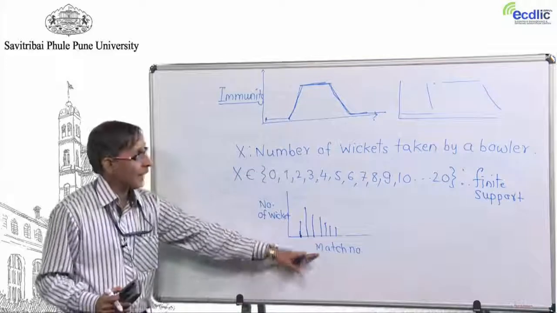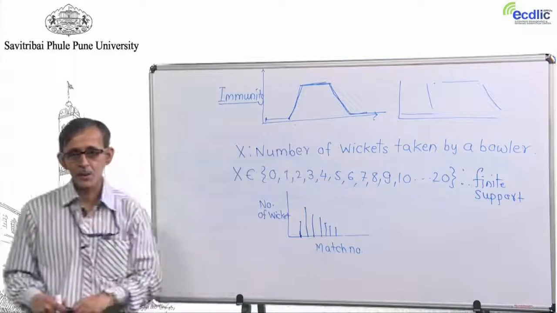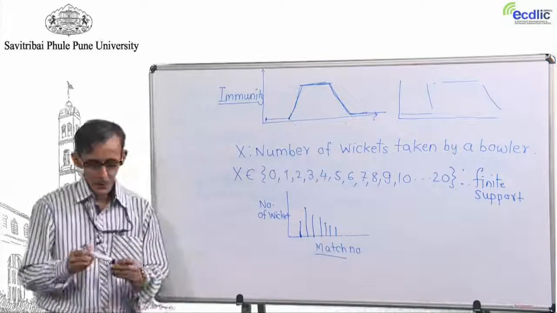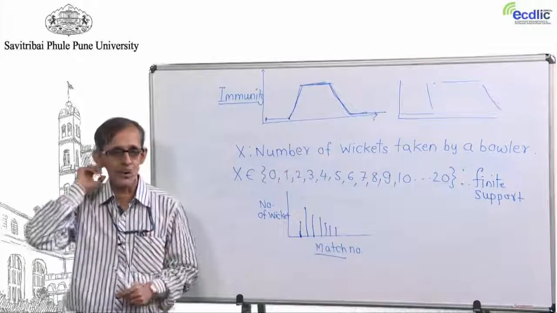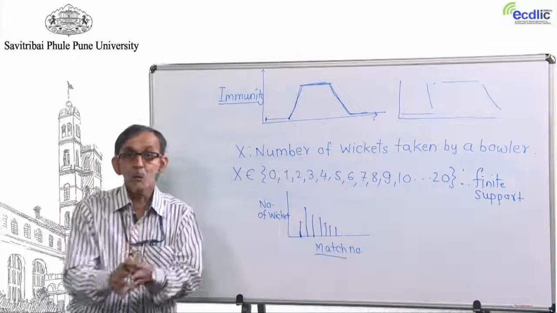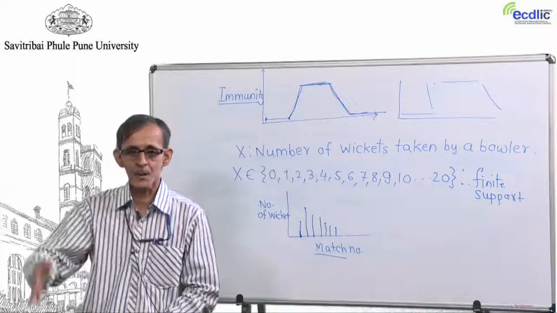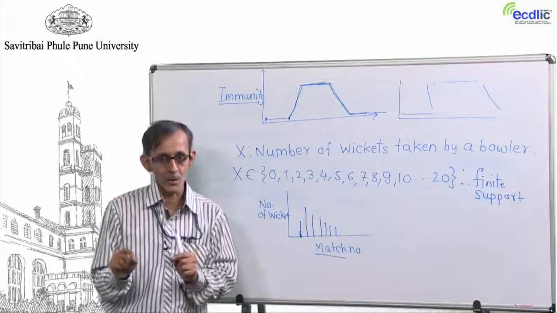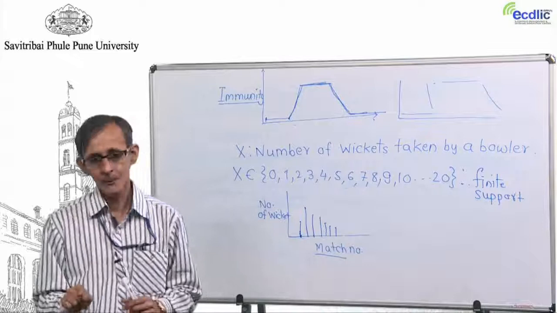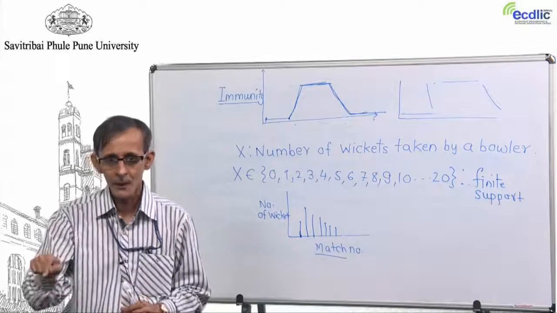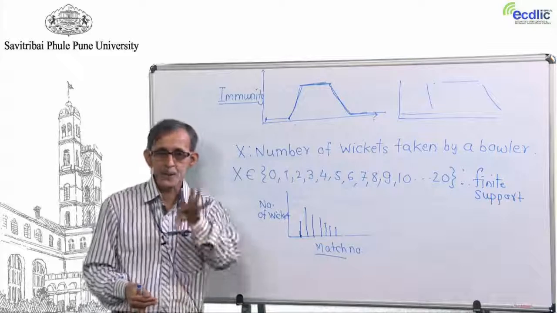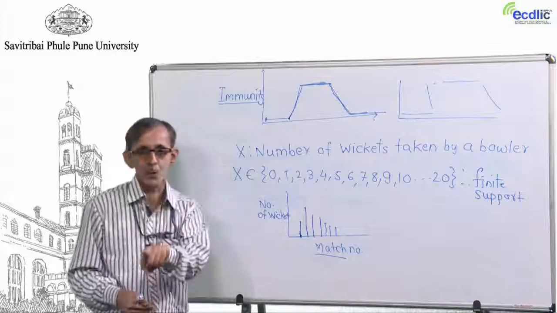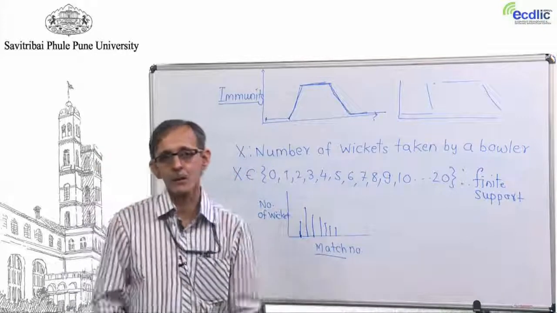And why are we looking at the match here? That is what we are assuming. Match means the sample point. Now, let omega, this universal set, be the matches played: first match, second match, third match, fourth match. Here the 1, 2, 3, 4, even though they are numbers, are not truly numbers, they are tags. Match number 1 is omega 1, and in match number 1 a bowler takes 4 wickets, meaning omega 1 is assigned the value 4 by this function x, and that is how it becomes a random variable.